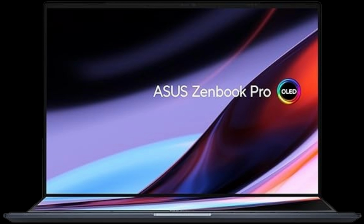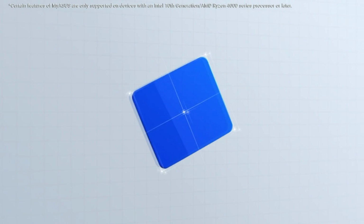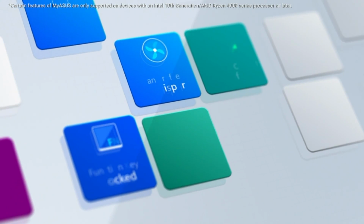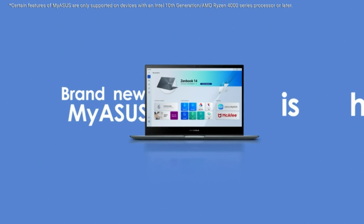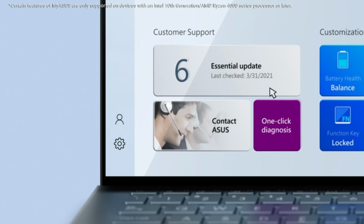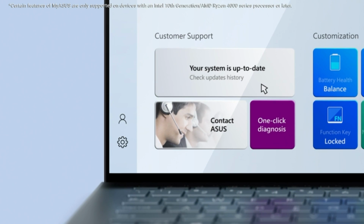ASUS ZenBook Pro 14 Duo 14.5-inch 16:10 touch display, 120Hz refresh rate, ScreenPad Plus, Intel i9-13900H CPU, NVIDIA GeForce RTX 4050, 32GB RAM, 1TB SSD, Windows 11 Home, Tech Black, UX8402VU. Next generation ScreenPad Plus, a 12.7-inch, full-width secondary touchscreen with re-engineered tilt mechanism AES Ultra, which increases the angle